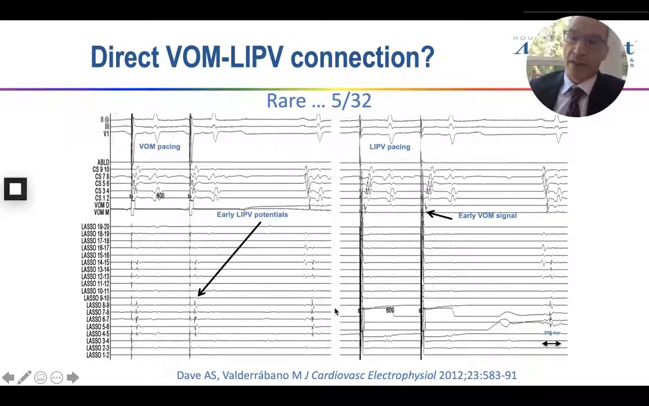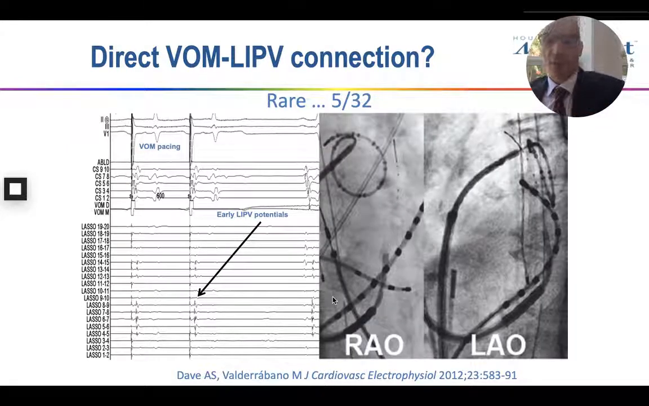Thus proving the idea that in certain patients, there could be connections from the vein of Marshall into the pulmonary veins that could make the substrate for recurrent atrial fibrillation. We could not really make a prediction based on